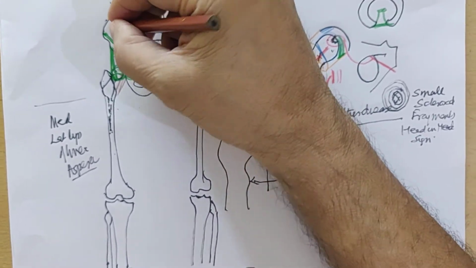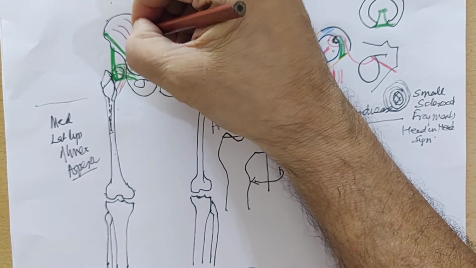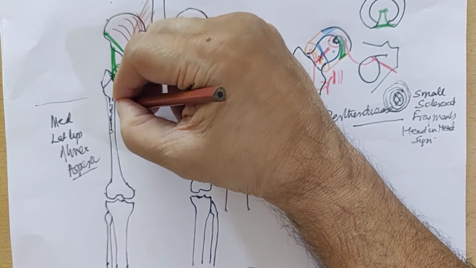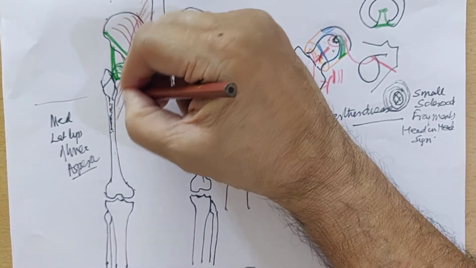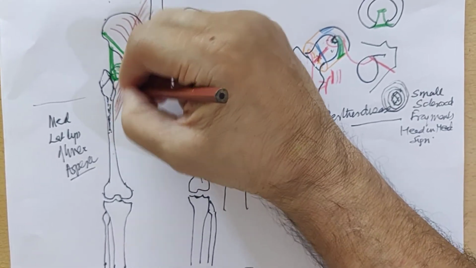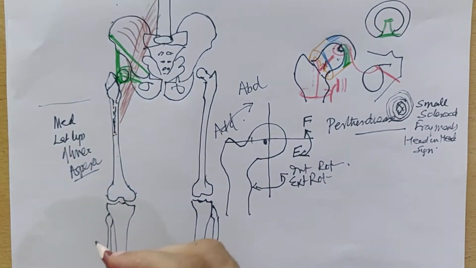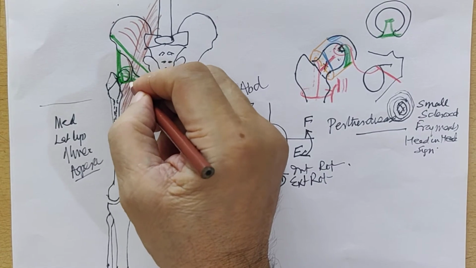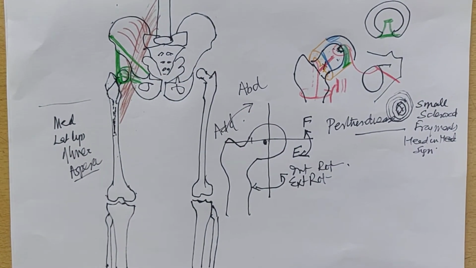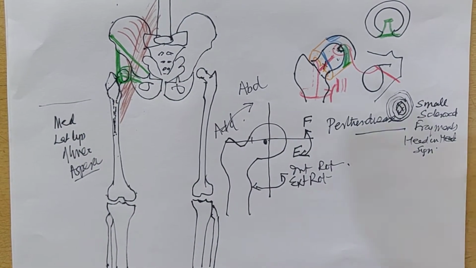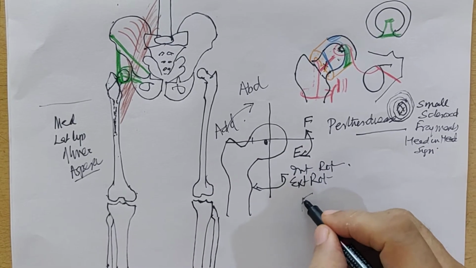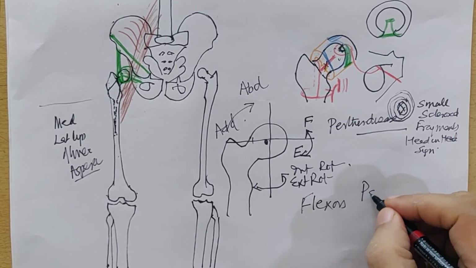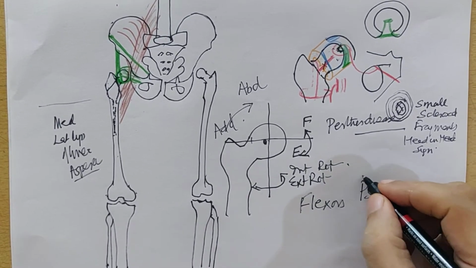Alright. And this psoas major is supported by the iliacus. Then there is another muscle which arises from the pectineal eminence and supports it like this. This muscle is the pectineus. So psoas major is the major flexor of the hip. Alright. So amongst the flexors, first let us write the name of psoas and iliacus.